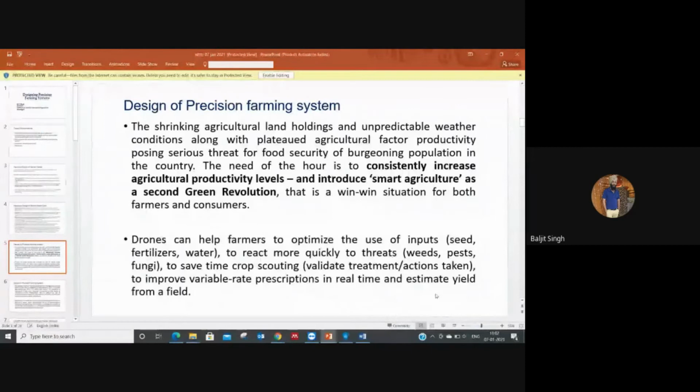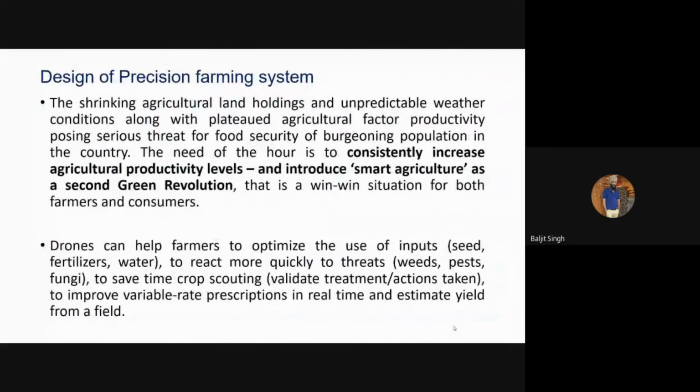Now coming to the actual topic of the day, design of precision farming system. So why is it required? The shrinking agricultural land holdings, that means the land which a particular person has is getting reduced due to various factors. Families are increasing due to some other debts or something like that. Land holdings are getting reduced majorly due to the population rise,